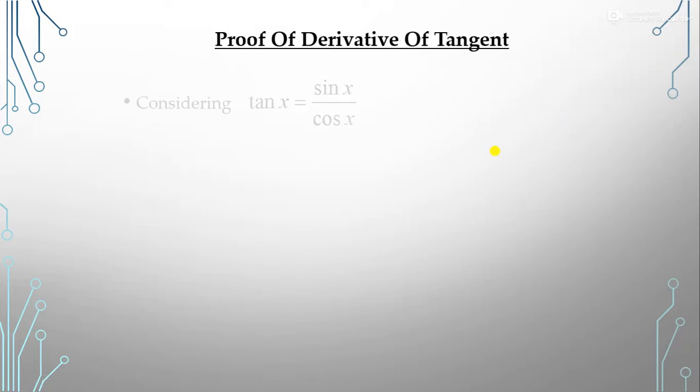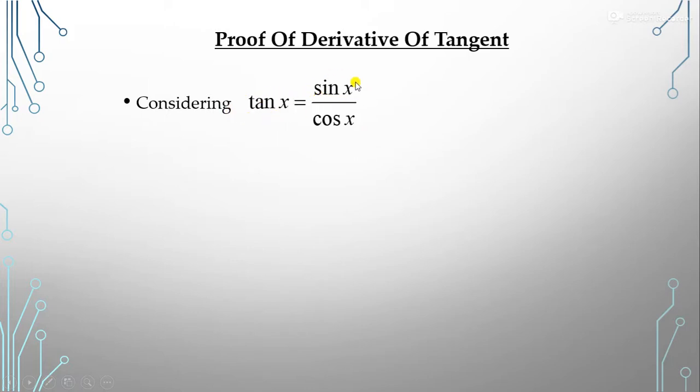Okay, so now let's prove the derivative of tan. Suppose, what is the differentiation of tan x? Earlier we got secant square x. You can also prove this, because we know what tan x is, from the earlier trigonometry you studied. What is tan x? That is sin x upon cos x. So how can you find the derivative of tan x here?